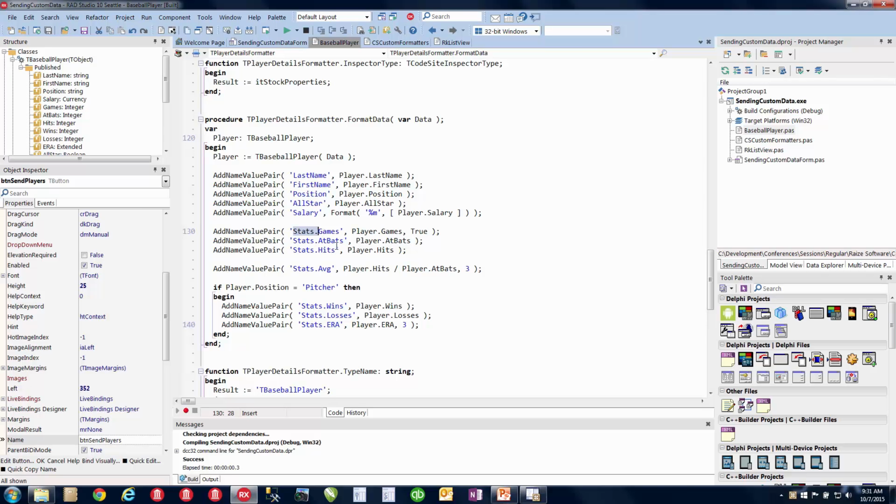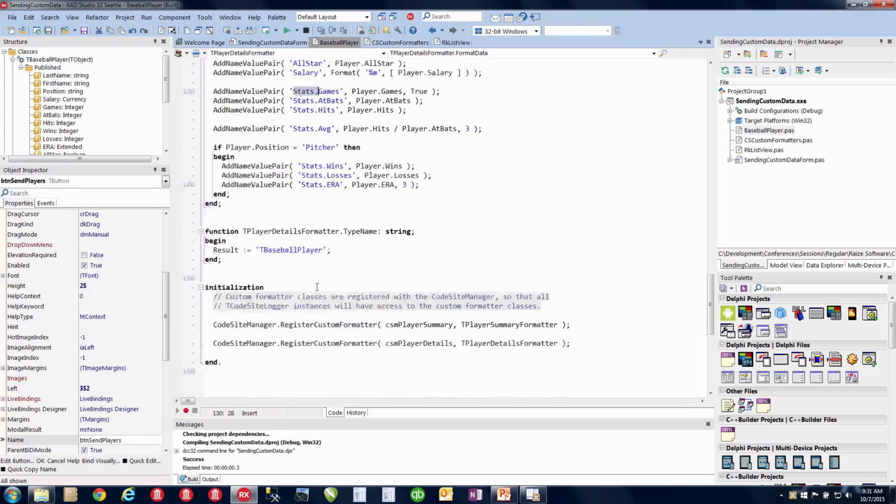Everything else that's specified after it is a nested level inside the object inspector. So it's a really nice way to group content together in your grid. And then the last piece is that, yes, it's also a T-baseball player since it's designed for the same record